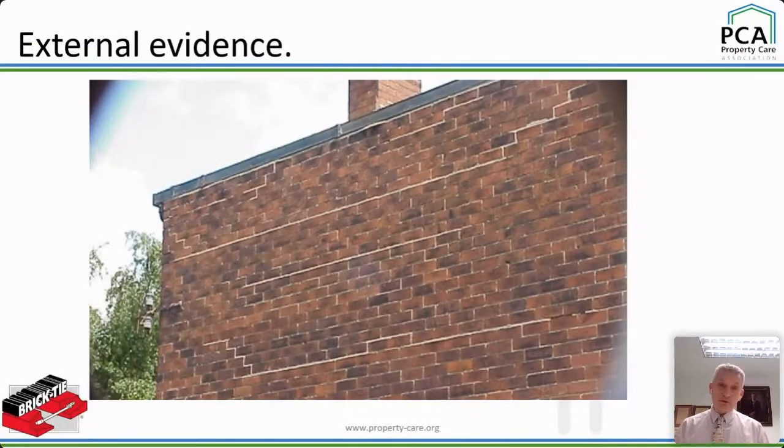So we get the horizontal cracking, the wall's moving up, the outer leaf is growing, and it's restrained in certain places. If we look at the corner on the left side of that image, we can see some stepped cracking. Wherever you get points of restraint, either because there is a reveal, any kind of external or internal corner, or because there's anything in the inner leaf projecting across the cavity, you might then start to get stepped cracks, okay, because the section of the wall there is in tension.